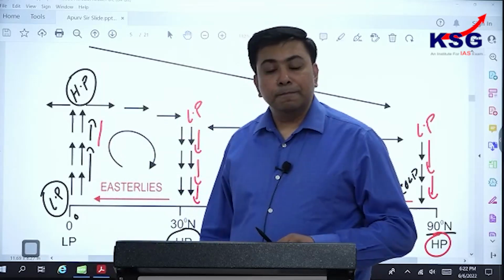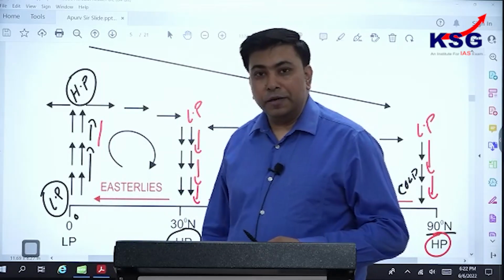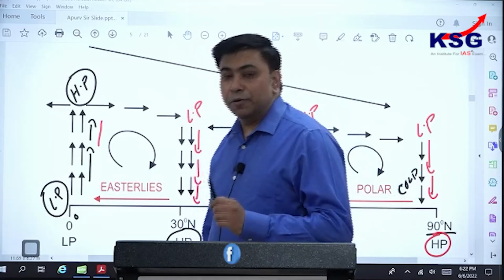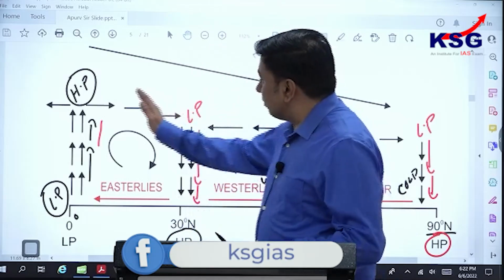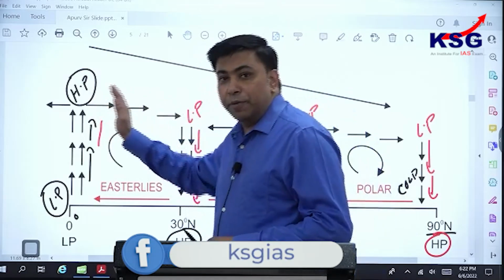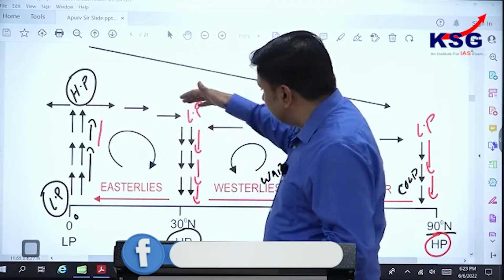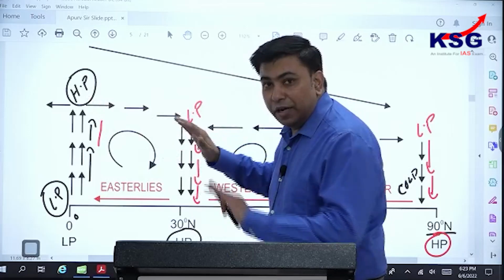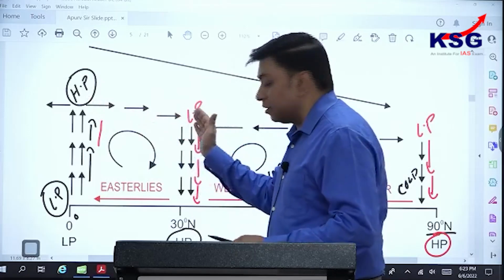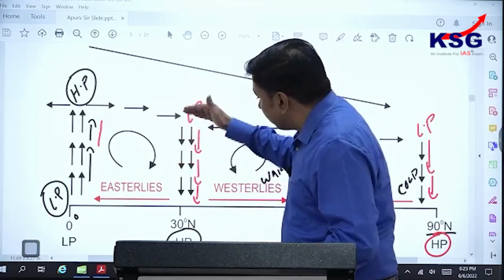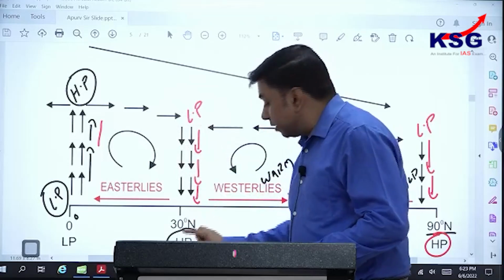Done? Agree? High pressure condition develops in the upper troposphere. And then what will happen? The wind starts flowing from the upper tropospheric high pressure to low pressure. In the course of time, the winds, once they become cooler, absolutely cooler, because they are doing some work when they are moving, when they become absolutely cooler, they will sink over the subtropical area and create a strong high pressure